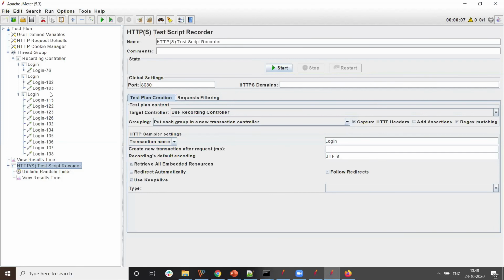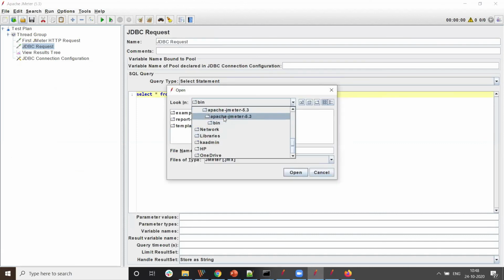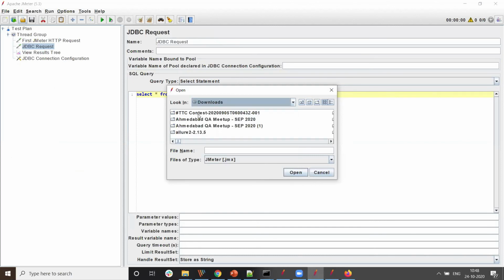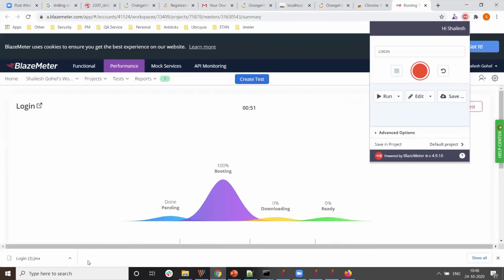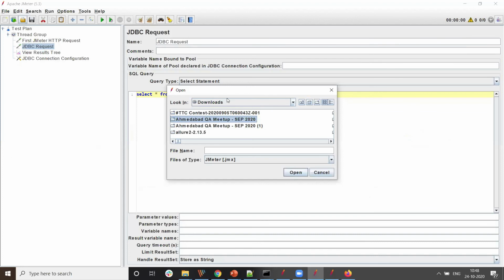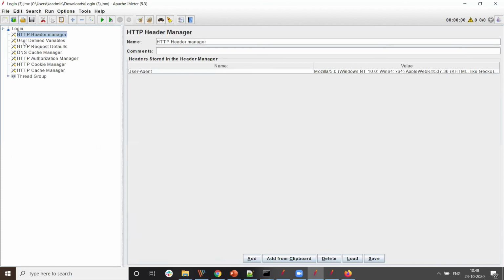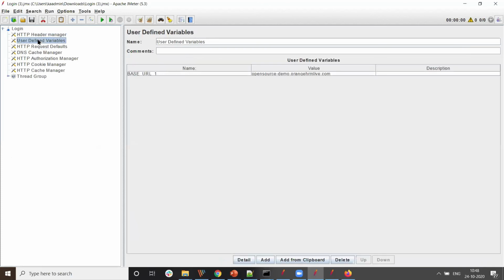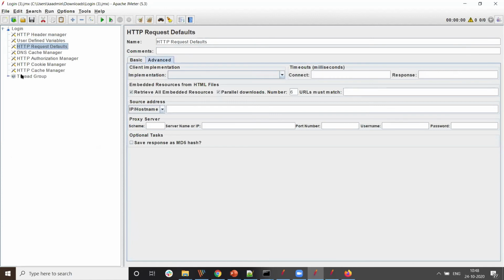Now I can go and open. Here I'm opening. It is in my downloads. Login3.jmx. This is the file. See, user defined variables, request defaults, everything is there. You can see the base URL, and they have given this by request defaults. It's already added over here. This is checked. Now, if you go to the thread group, this is test, login, and leave.